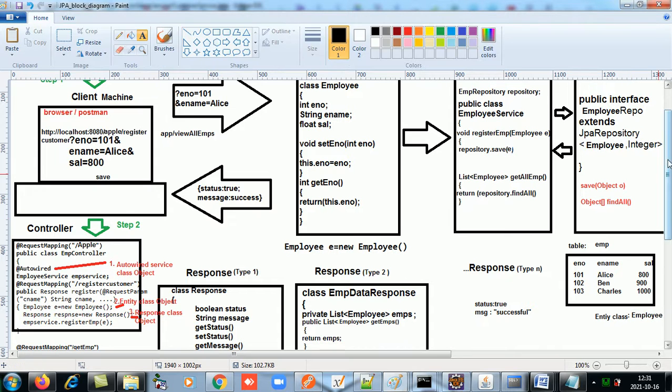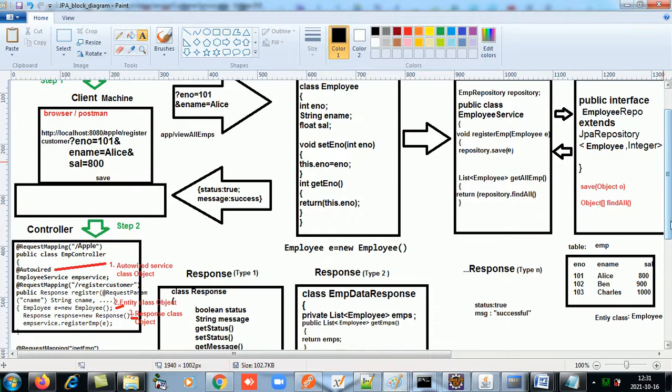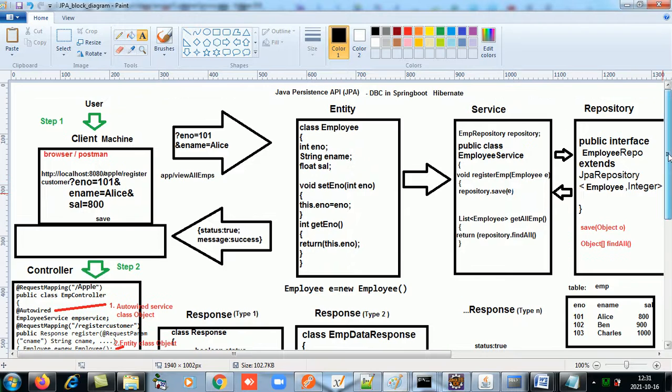So first we need to make the entity class employee, which will have the same properties as whatever data I am passing: employee number, employee name, salary, getter, setter methods. If I have a class customer, I'll have an entity class customer also. If I have a table teacher, I will have an entity class teacher. Whatever columns are there, those will become the data members of that entity class.